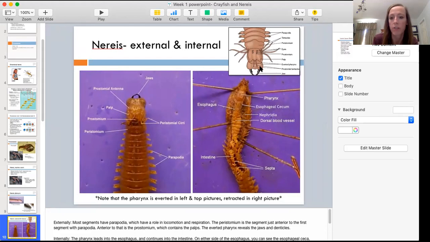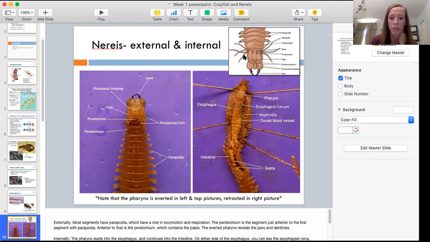If the pharynx were everted, as I had mentioned, you would also be able to see the jaws. But if the pharynx is not everted, rather inverted, then you would not be able to see the jaws or the denticles. They're shown here, but that's again showing you the everted pharynx, which you can see here as well. So these nice little pincher-like structures help it grasp its food and bring it down into its body. Okay. All right, and then after we examine the external anatomy, which again is just the head parts, hopefully we'll be able to have a specimen for you with the everted pharynx, and then along the length of the body, all of the metameres with parapodia. That's really as detailed as we get